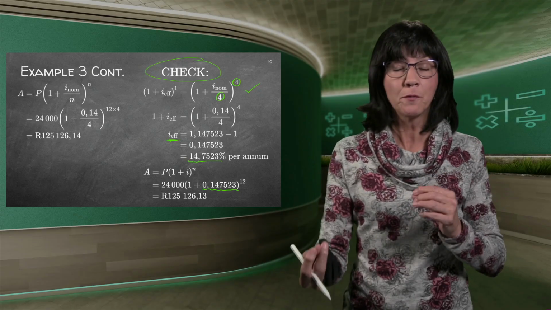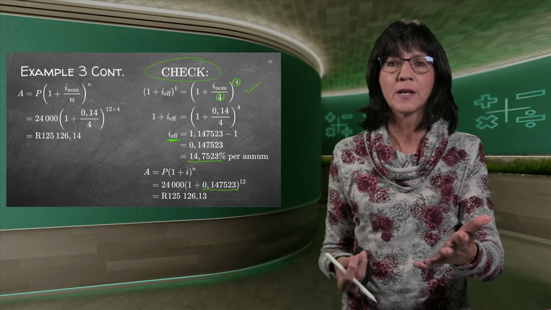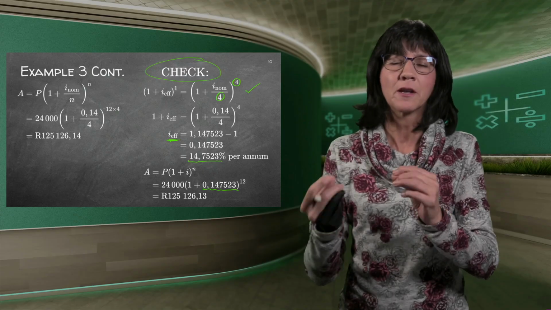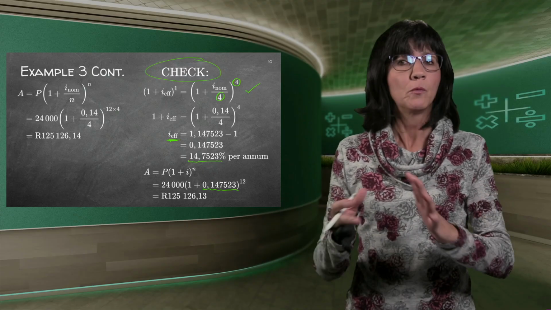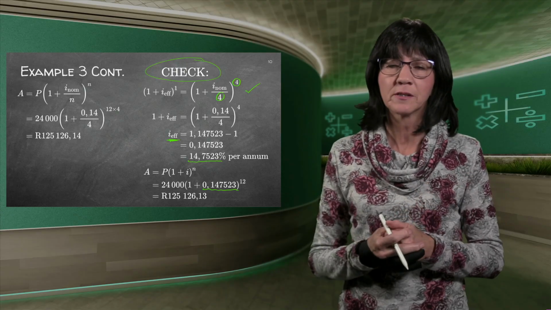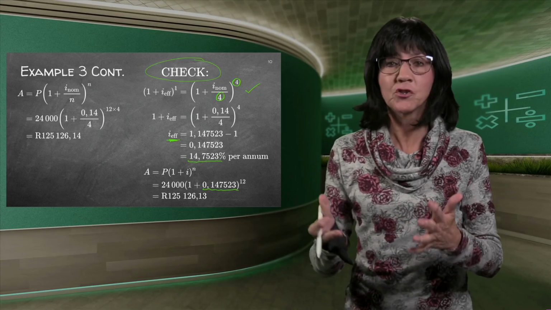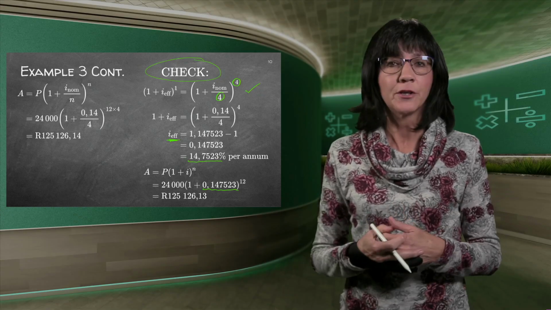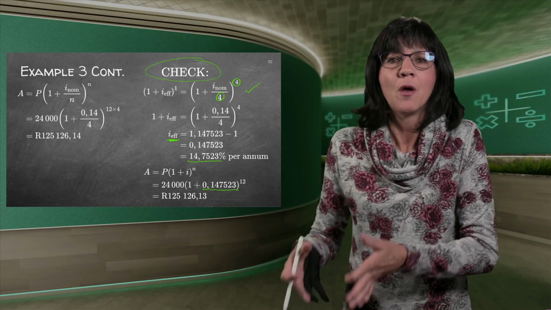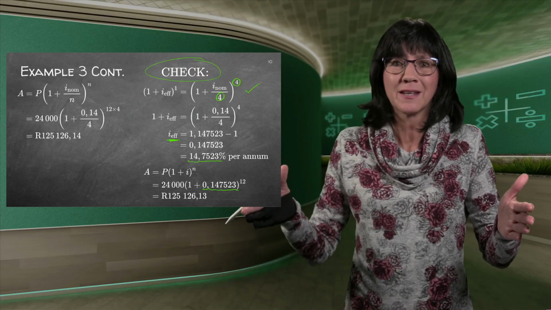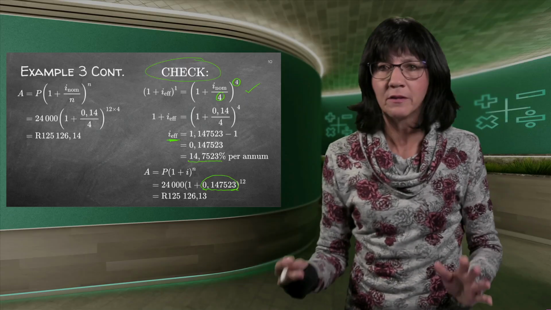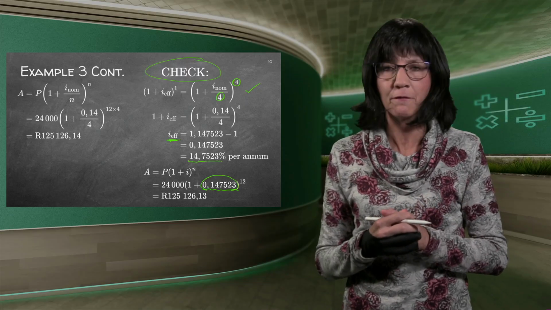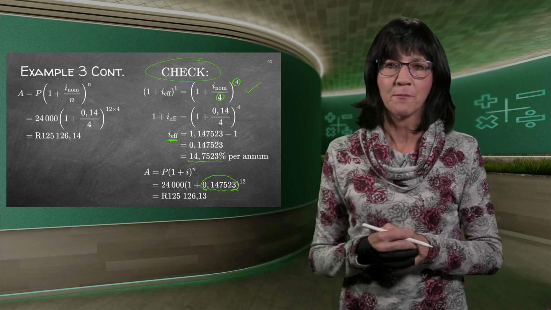If you use a different method, you'll see further as well in different lessons. Sometimes the cents are just a little bit off, but when we mark the exam papers at the end of grade 12, we allow all of those different calculations. So there's just a check for you to do. As I say, you don't have to do it, but it's just to show what this effective interest rate is. Effectively, they are charging you that amount, that interest rate, 14.75%, to get to the same answer.